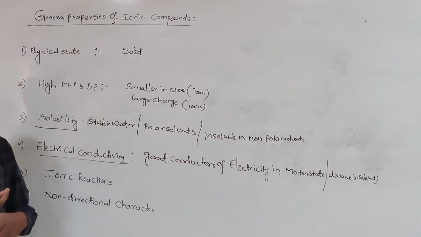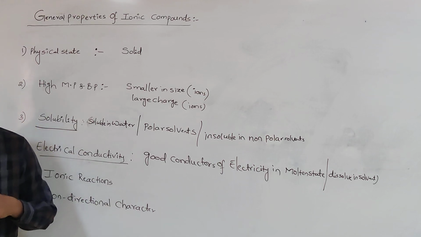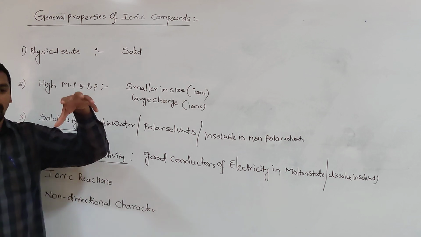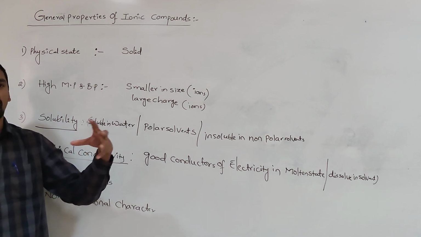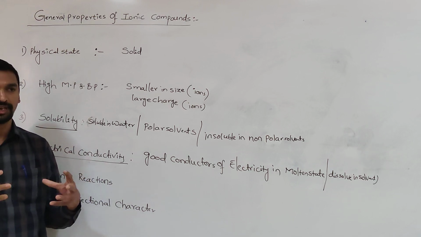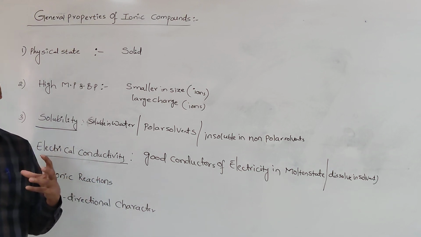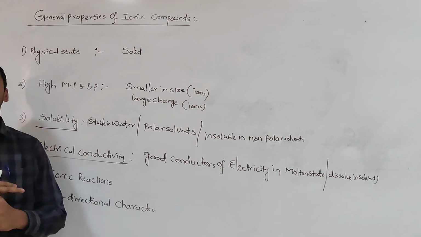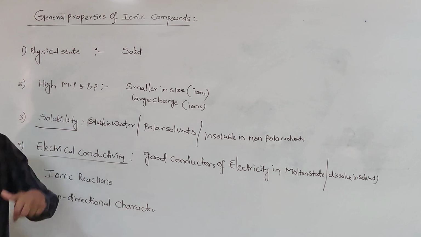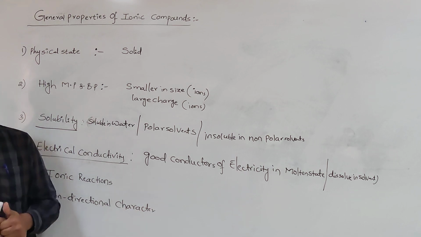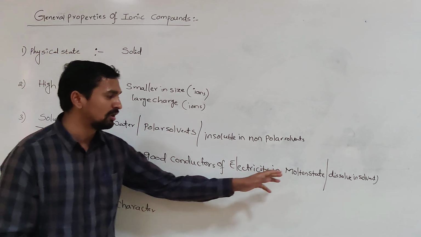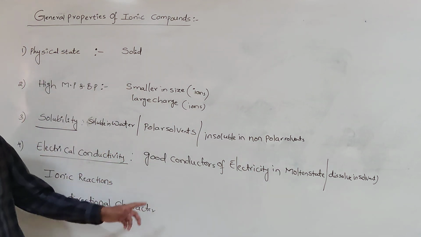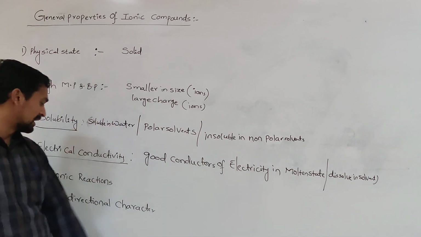But whenever the same ionic compound exists in solid state, that means without dissolving in a particular solvent, they are occupying fixed positions, and a strong electrostatic force of attraction is present between the positive and negative ions. That's why they do not move from one place to another place. That's why they do not conduct electricity in solid state. But once they are dissolved in a particular solvent or in molten state, they will be dissociated into ions. That ions are responsible for the conductance of electricity.